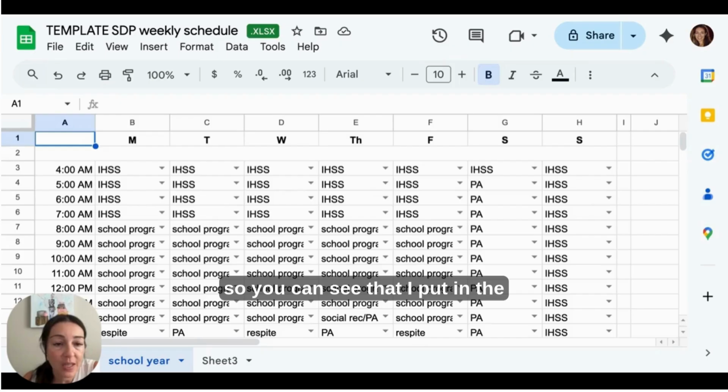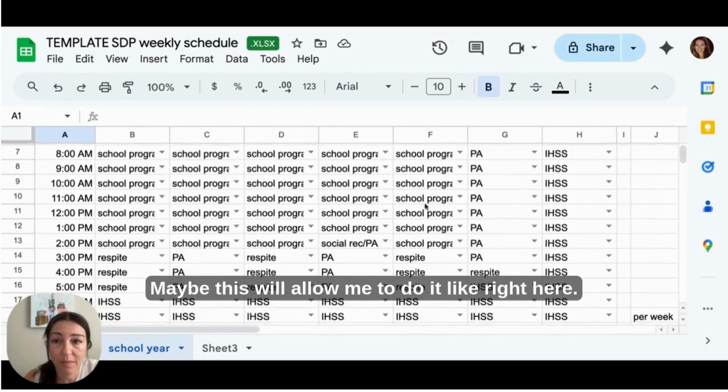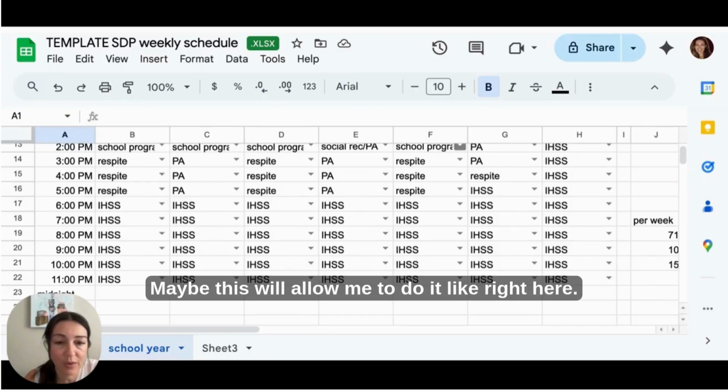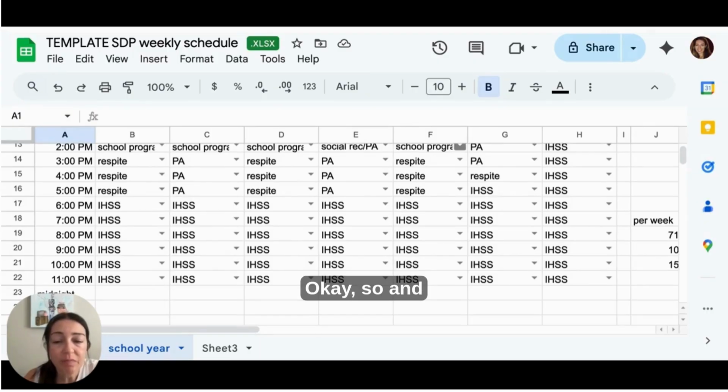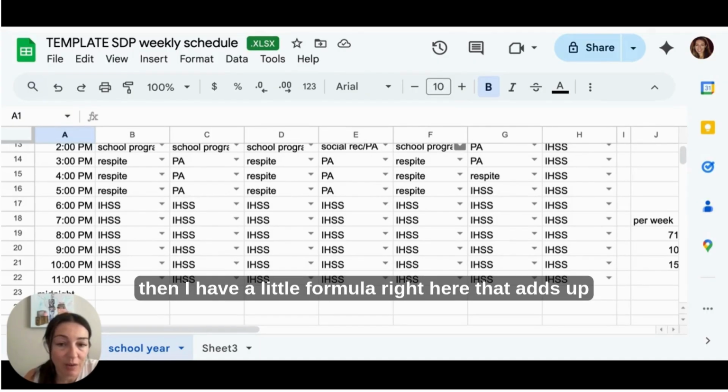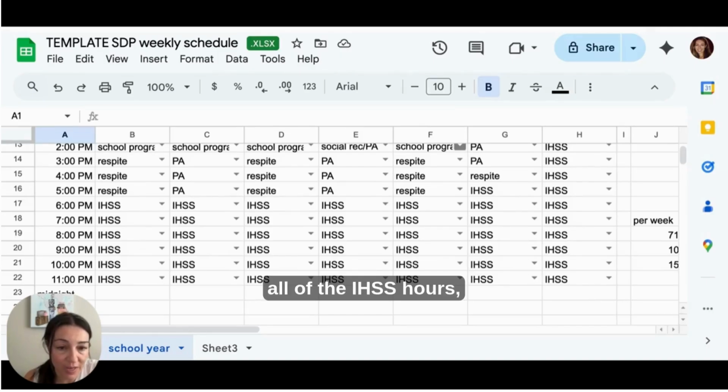So you can see that I put in the days of the week up here on top and then the hours on the side, and then just plugged in respite hours, IHSS hours. For some reason, this is not letting me scroll down. Maybe this will allow me to do it right here. Okay. And then I have a little formula right here that adds up all of the IHSS hours, all